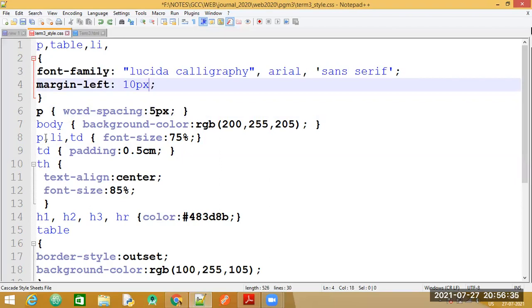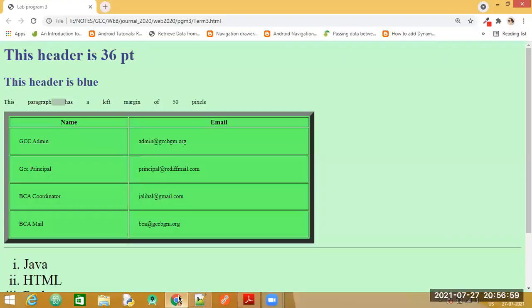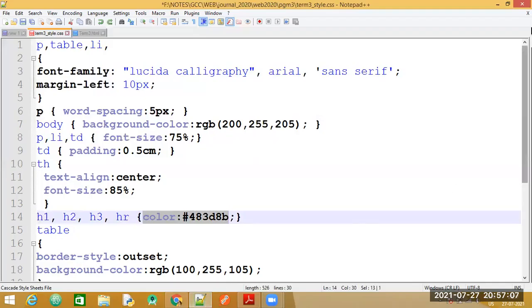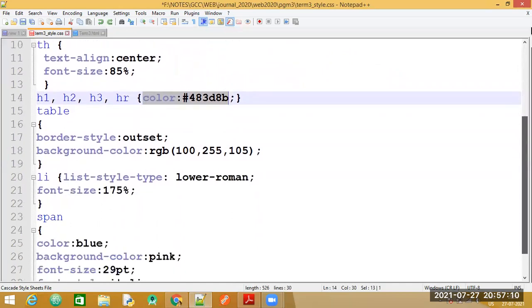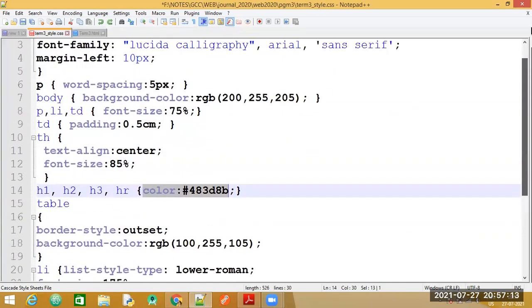We are still going to look into the P tag. Where else do we have the P tag? We also have the P element here, and the property that we have given is the font-size property, that is 75%. Then we have two headings, H1 and H2. For the H1 and H2 tags, the color property and the respective hex code is specified here. You can see both the headings are displayed in dark blue color. Let us scroll through and see if we still have a P tag or H1 and H2 tag. No. So these are the properties applied for P, H1 and H2.